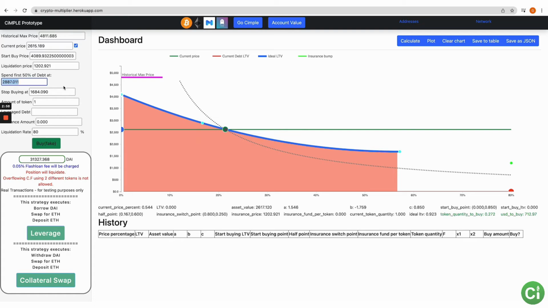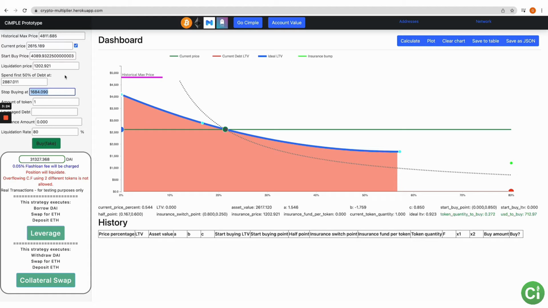If you're a newbie, be aware of what these default settings are, because there are downside consequences from the choice of what these numbers are, right? Those consequences could be positive, in that it could help you multiply faster, or negative, in that it could force you to be liquidated if you don't have any sort of insurance, which is the other videos, right? Or any other strategy set up to prevent the liquidations, then it could be negative. So you have to be aware of what these things mean.